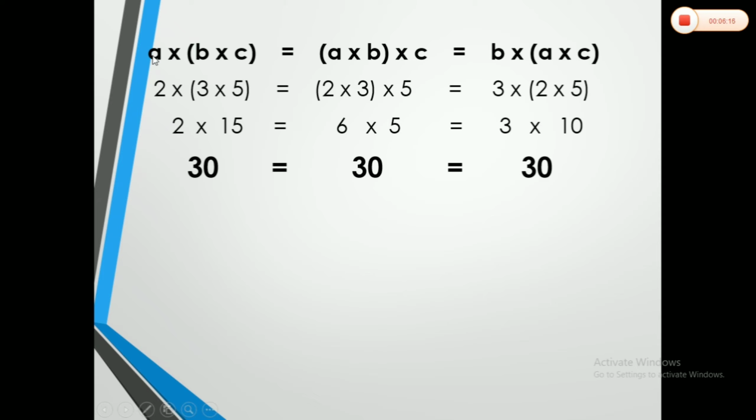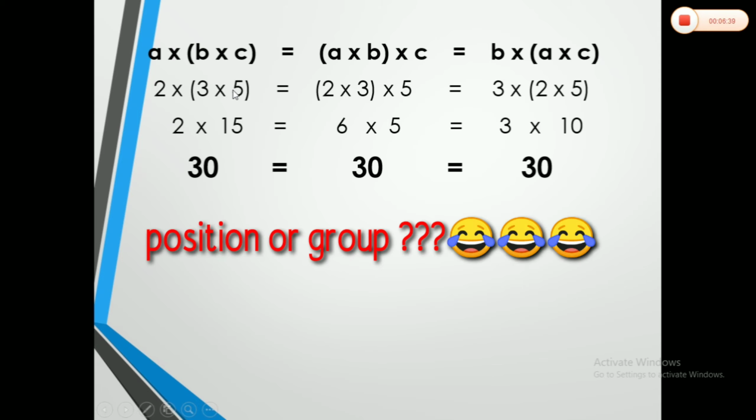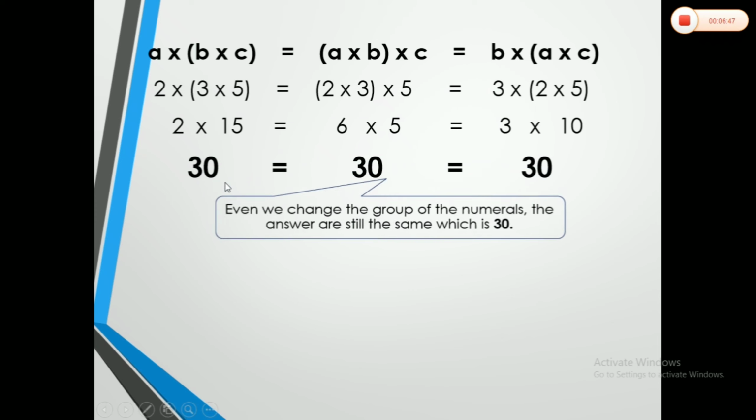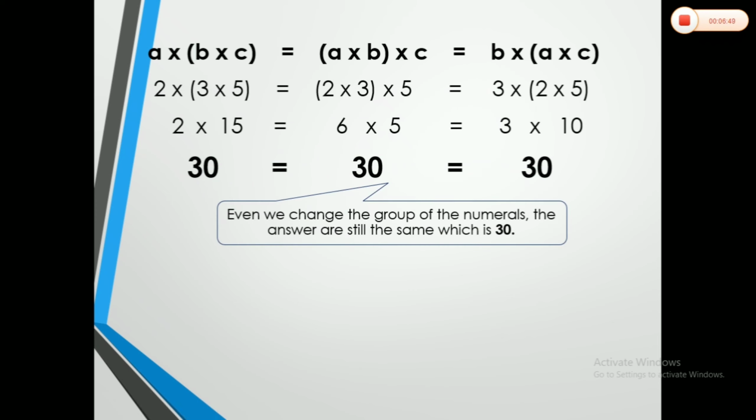Like for example this, A times parenthesis B times C close parenthesis equals parenthesis A times B close parenthesis times C, or it can be B times parenthesis A times C close parenthesis. So you can even change their group and you will get the same answer. So here, even if we change the group of the numbers, the answer is still the same, which